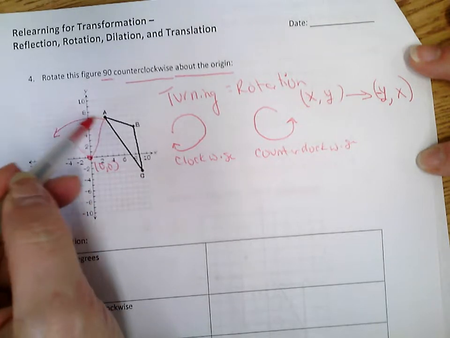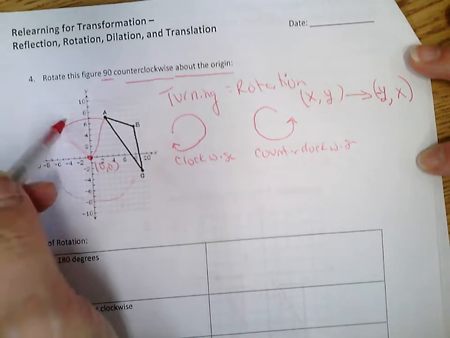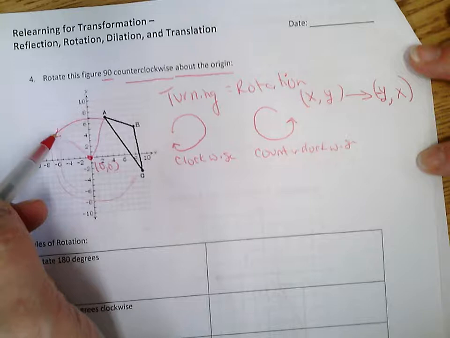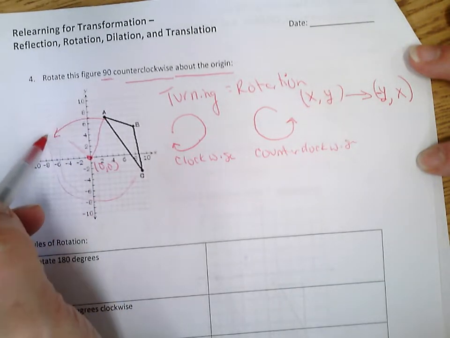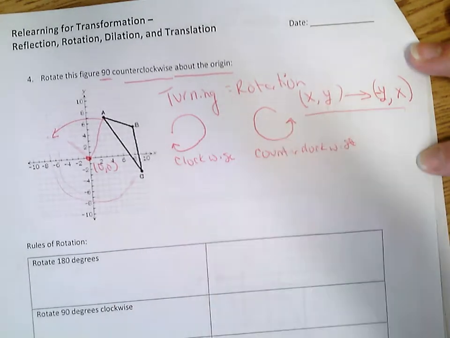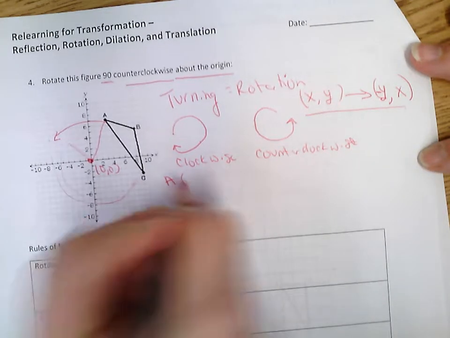It's like we have it on a string. We're creating our unit circle all the way around. So we're going to take this point, we're going to move it along our arc, our radius that we have. So when we look at this, we can use this rule to be able to find our new points. So A is